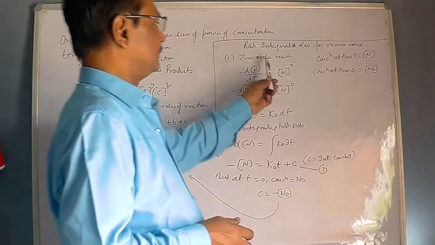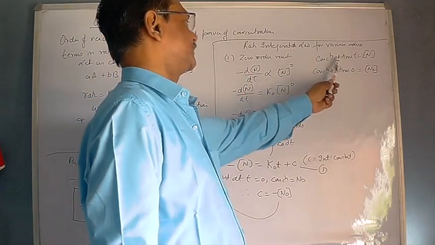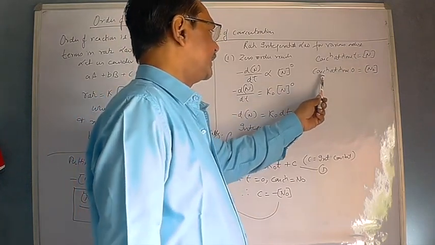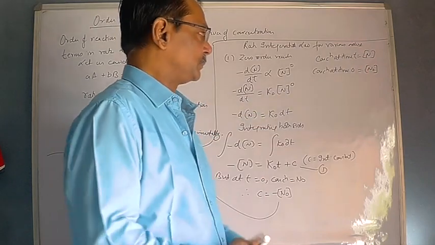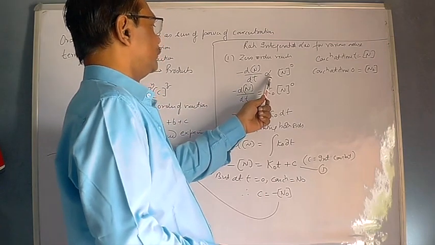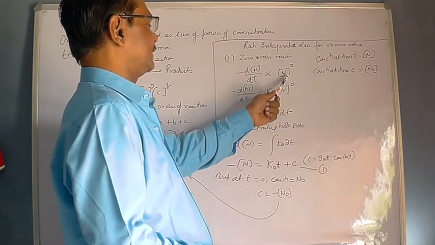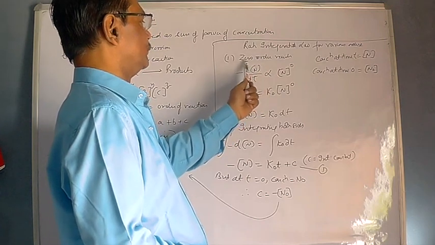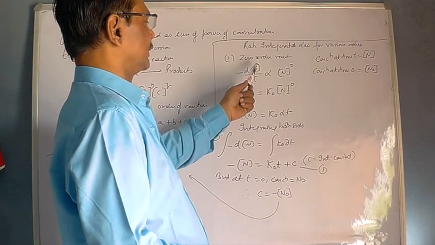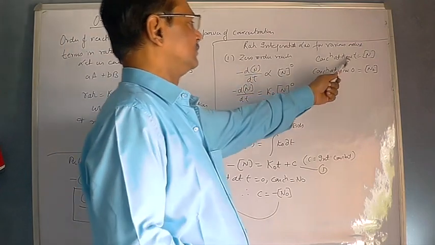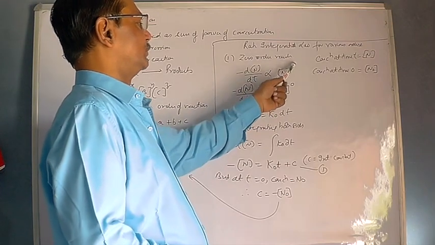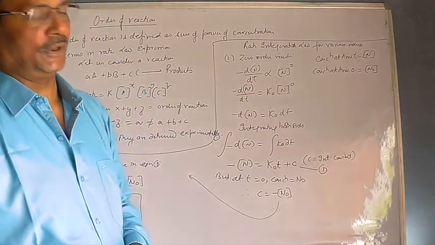So class, for zero order, we take concentration at time t as N, where we are going to find the rate, and concentration at time 0 as N0. As per the rate law expression, rate is directly proportional to the concentration of the reactant at that instant raised to the power. So I am writing -dN/dt, where N is the molar concentration of the reactant at time t. So -dN/dt is directly proportional to N to the power 0.